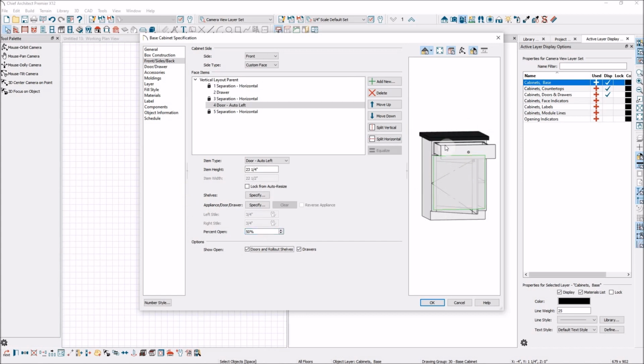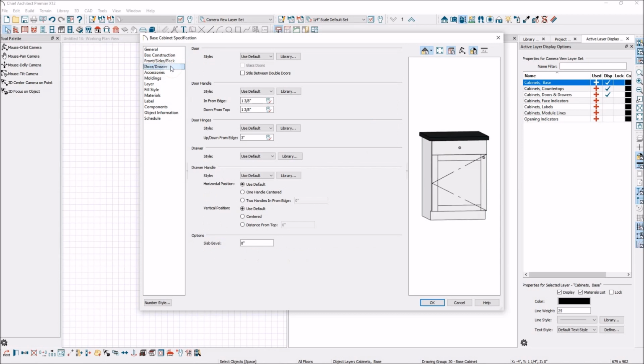So if you're doing full cabinet design and you want to show what's in there, or if you're doing a rendering and you want to show those open. So I'm going to show those closed and closed. And if we go here to the door and drawer tab, here's where you're going to choose your styles of